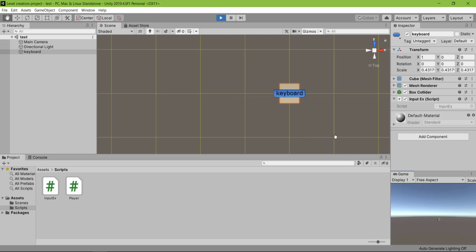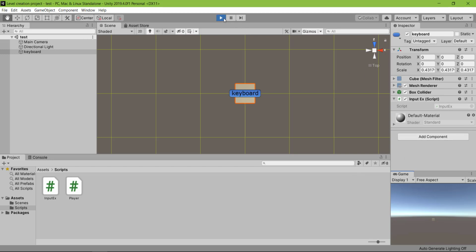I am pressing the right arrow key and you can see the x is stopping at 1, and when I am pressing the left arrow key, x goes to -1, and when I press the up arrow key or down arrow key, the z value goes to +1 or -1. You can see that the cube is moving within a square shaped area around the 0, 0 or origin point, and the maximum distance the cube can go along each axis is 1 unit.